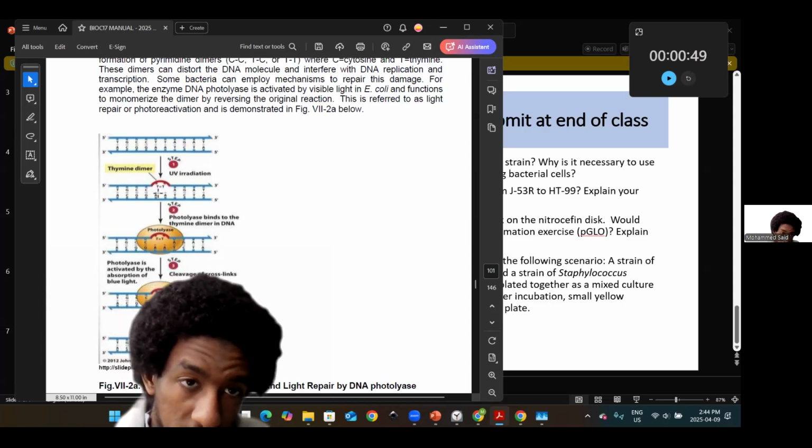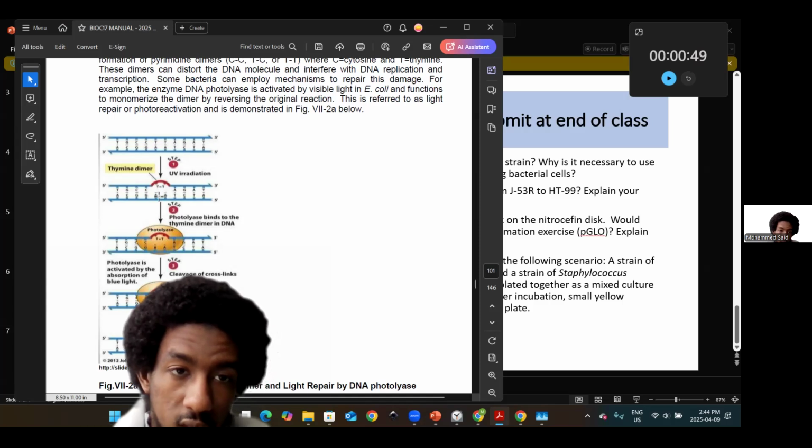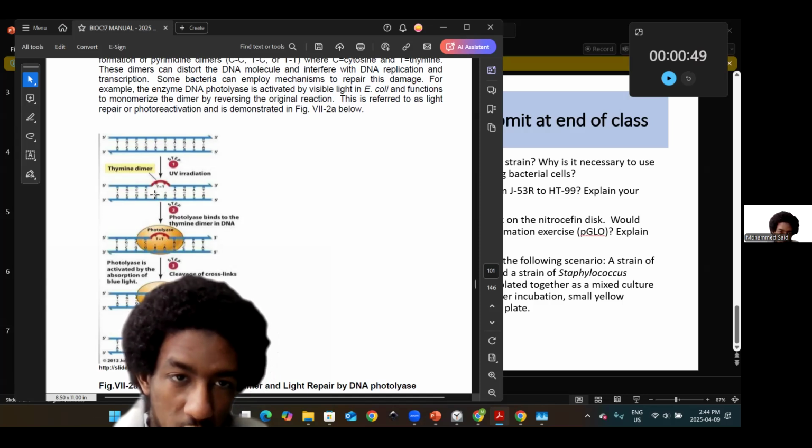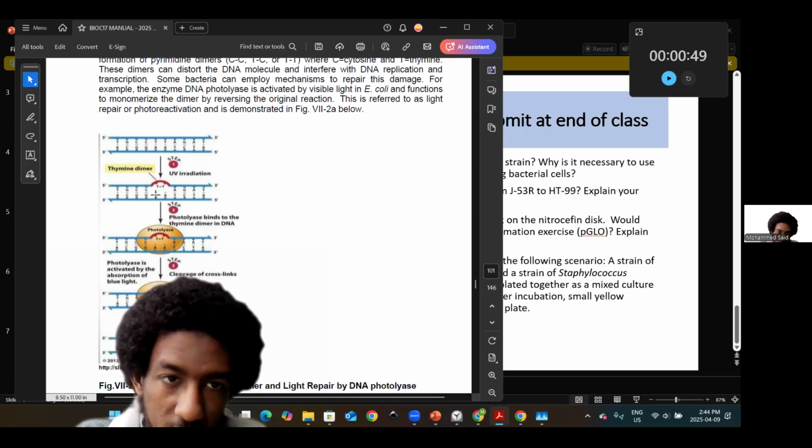And you can actually see how the adjacent or anti-parallel nucleotides are left essentially without hydrogen bonding. So you can just imagine thus that the stability of the DNA itself is jeopardized or in question,